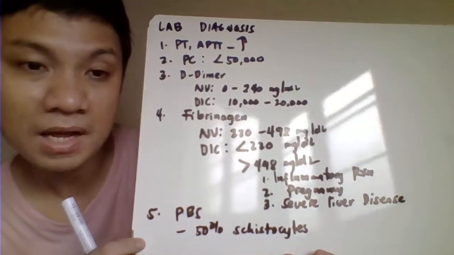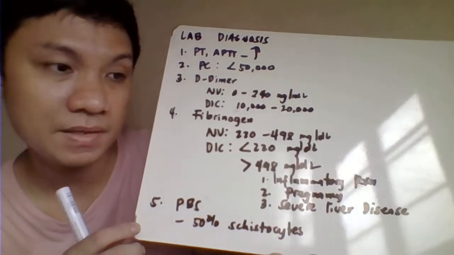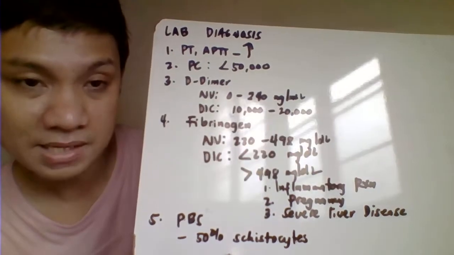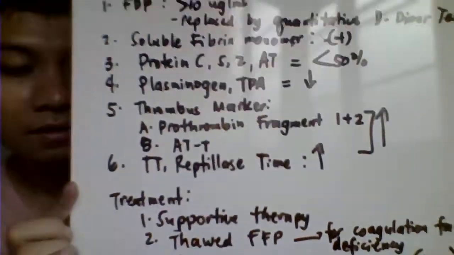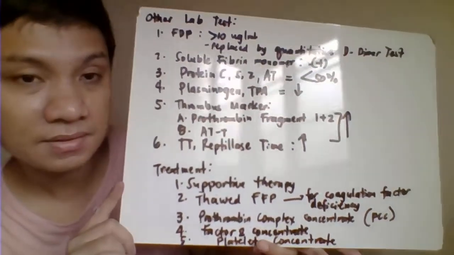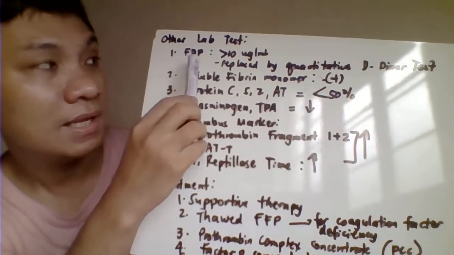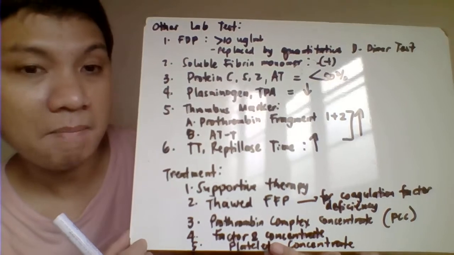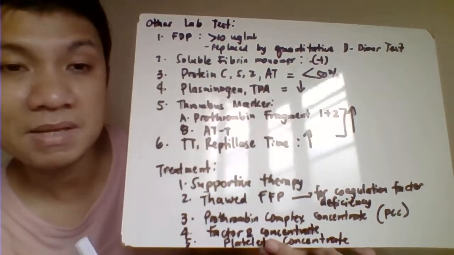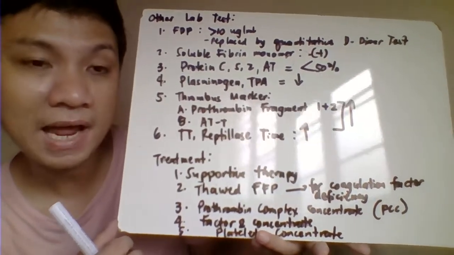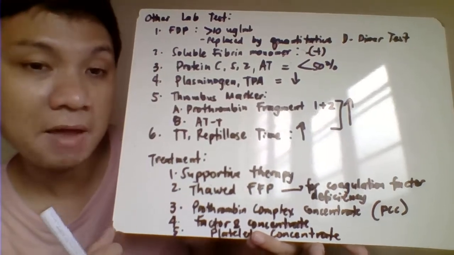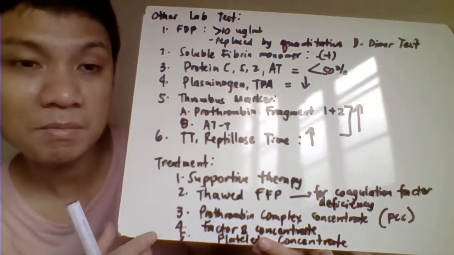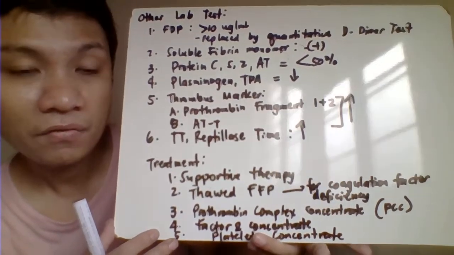Okay, peripheral blood smear of the patients. Majority of the RBC, almost 50% of that, are eventually in the form of the schistocytes. Okay, we have here other tests. So we have your fibrin degradation products, more than 10 microgram per ml, but currently hindi siya ginagamit na. Usually, we rely on the quantitative na D-dimer test. So what I have mentioned, ang ating D-dimer considered to be the most specific na parameter for us then to